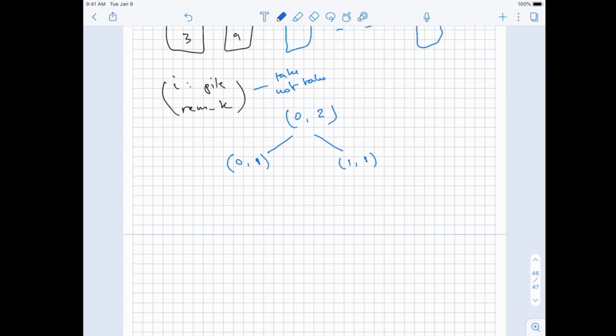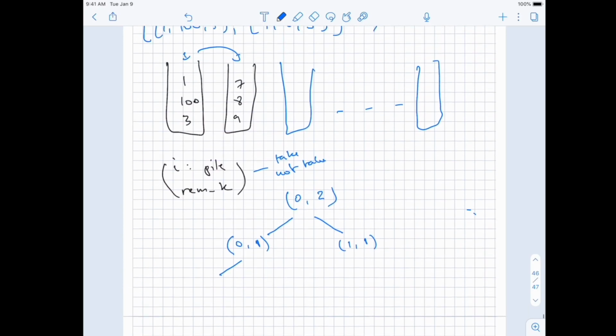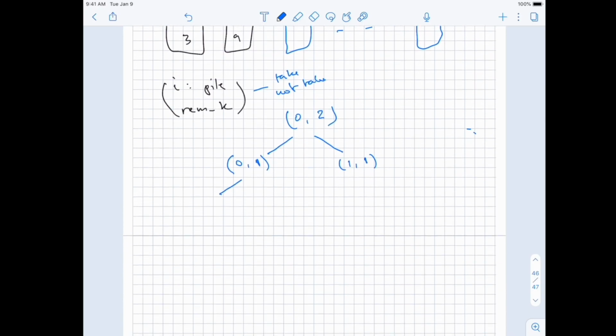And then if we had other piles, we will just continue the branching here. And now here, from this one, once we take 1, we could also decide to keep taking from 1, which means taking this 100. And so in that case, we will take from 0 again and have 0. Okay, but